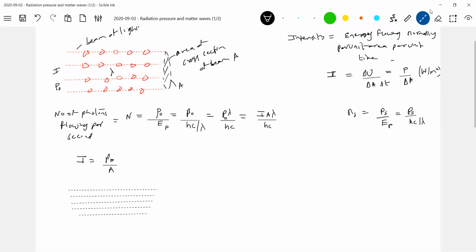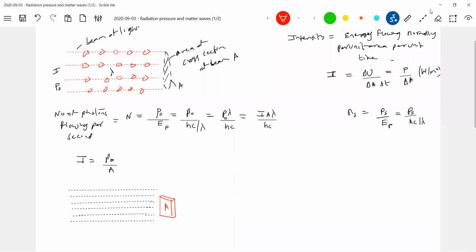So rather than a beam, let me go for a surface here. So I'll keep a surface. Let this be the surface here. Look at the surface: it has area of cross section A, which is less than the area of cross section of the beam. So what shall I do now? Number of photons incident on a surface per second. Shall I use the same formula? Area of cross section of beam, as earlier.